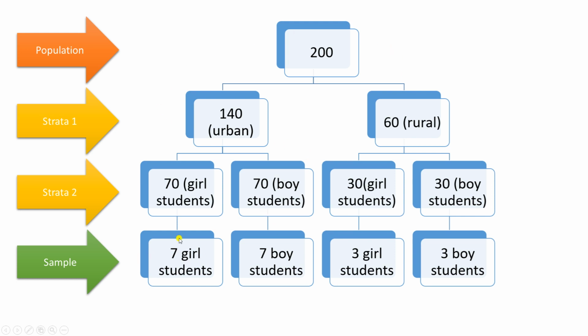So this is an example of stratified random sampling. That means we have maintained different strata and collected my sample accordingly, so that individual representation of strata are maintained. So here the urban and rural distribution is also maintained among the samples. Also the boy and girl ratio is also mentioned among the samples.